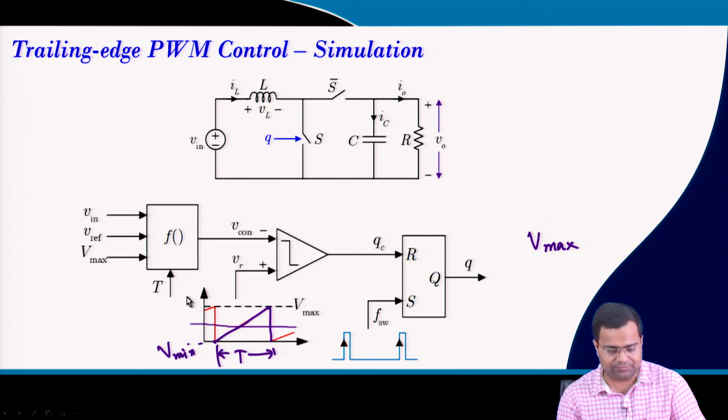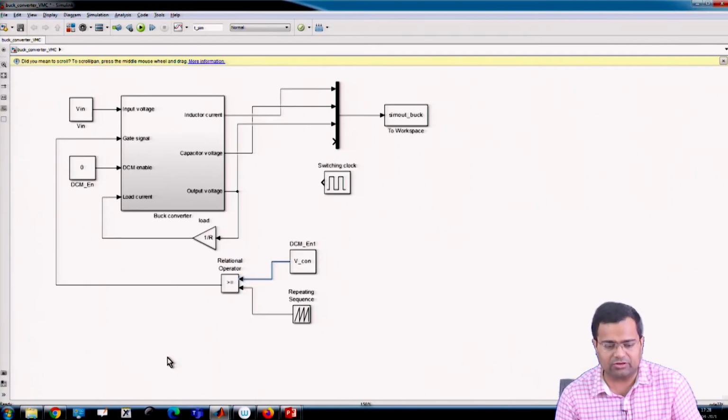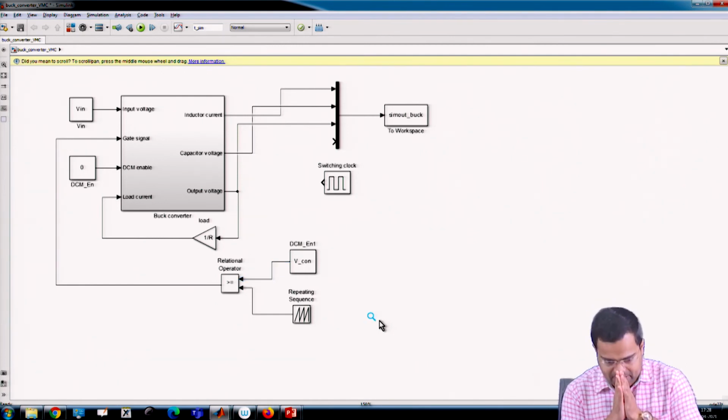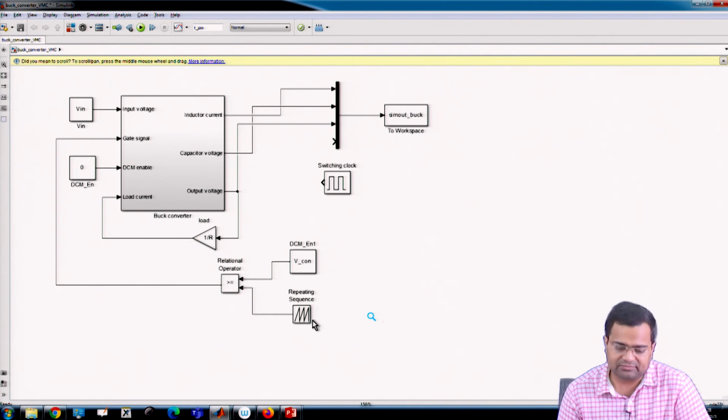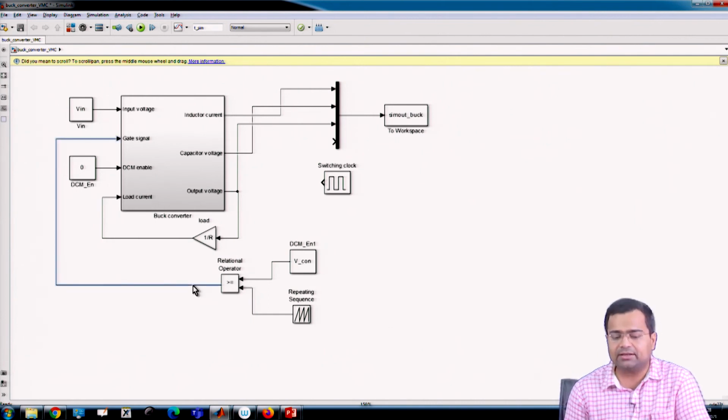Okay, so let me erase this part. Now going back to our logic block. So, we have set a Vcon logic, but now this is not enough. That means it will be high when it reaches a certain value.